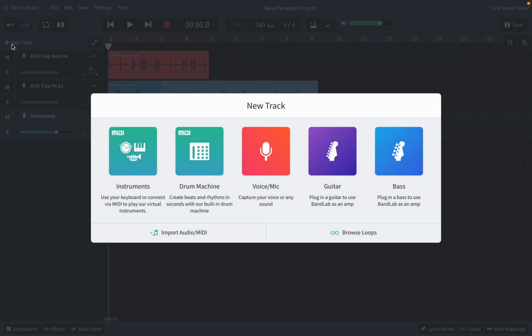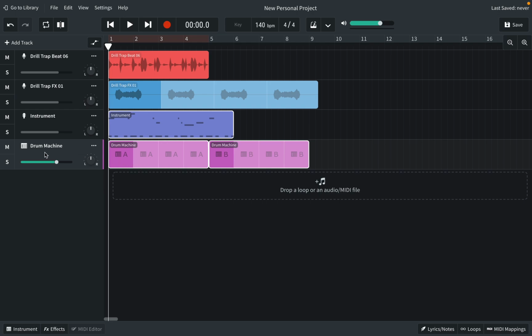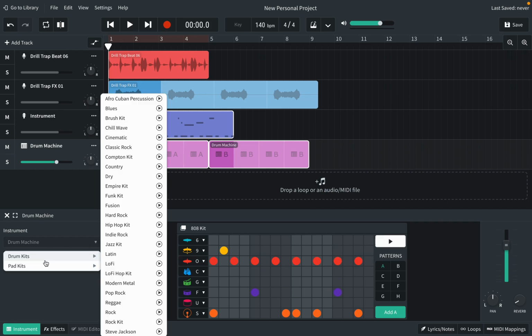I'm just going to click add a track and I'm going to choose the drum machine. And if I click on this little icon right here, I can bring the drum machine up, okay? And if I hit play, you're going to see what they start us with by default. Okay, so just a very generic beat, and we can change the actual drum machine that we have here to